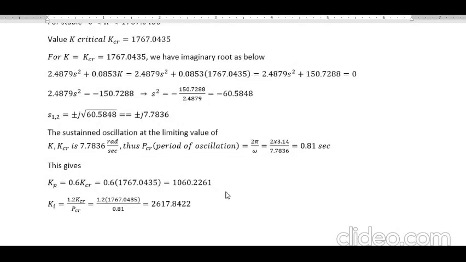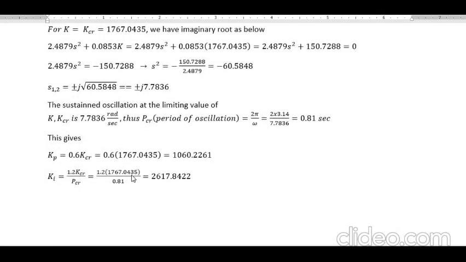Okay, and then using the table in the slide, we can calculate KP, the proportional gain. For PID it is 0.6 KCR, and this is the value for KP. KI is equal to 1.2 KCR per PCR, and then we get this KI, 2617.422.